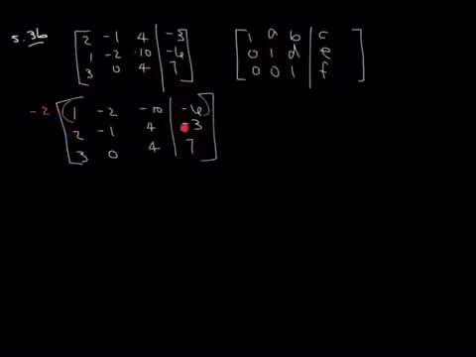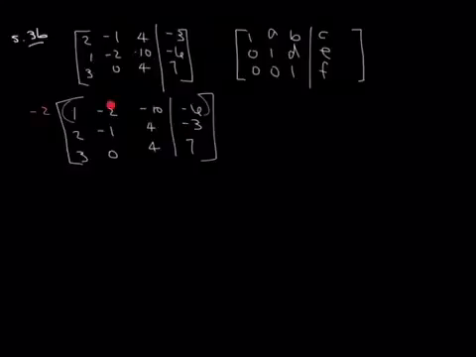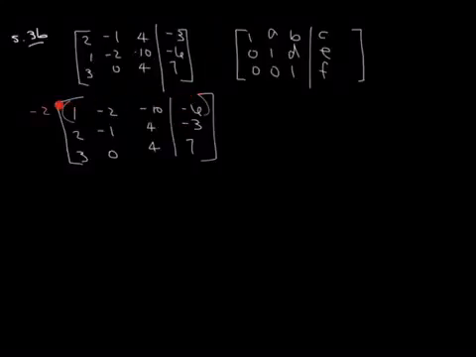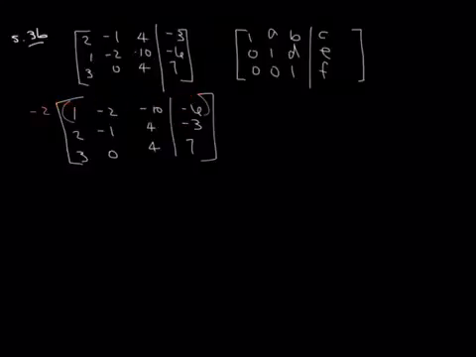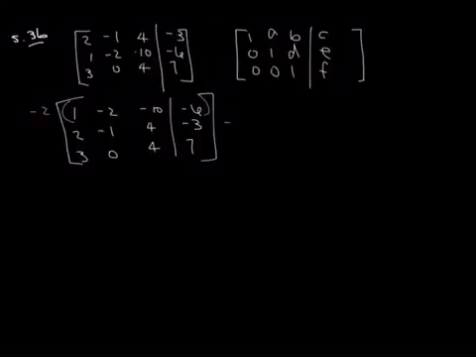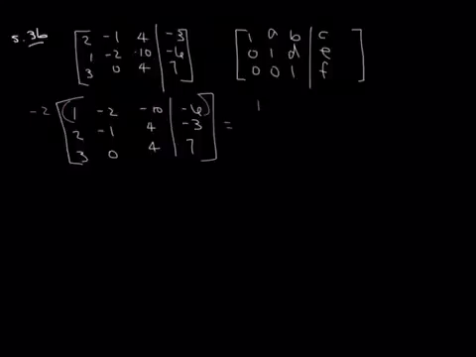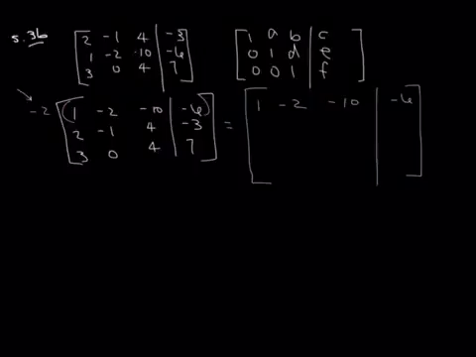So the row I'm trying to change changes. The row I'm multiplying by remains unchanged. So this is what happens here. This remains unchanged, and a lot of this I do in my head, because it's really hard to write everything down. So that's going to be unchanged, but it's actually going to be multiplied by -2 in order to change this